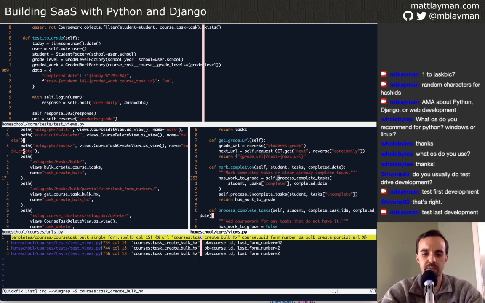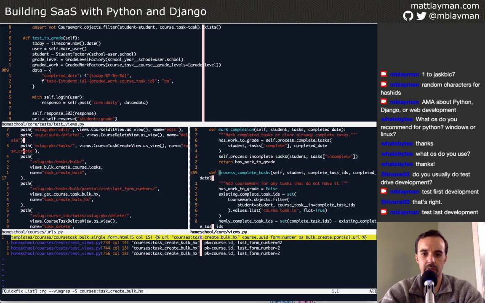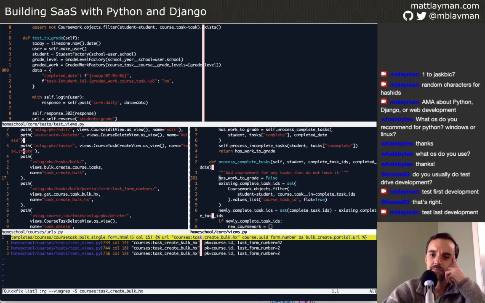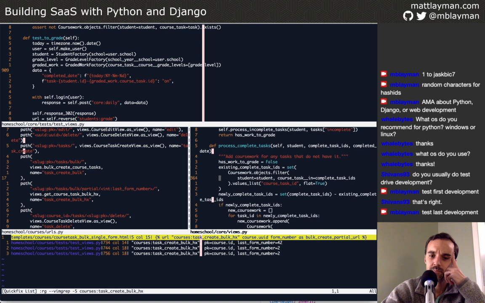So the process complete tasks is the last one, more layers down. So I'm not convinced those have to actually be integers,